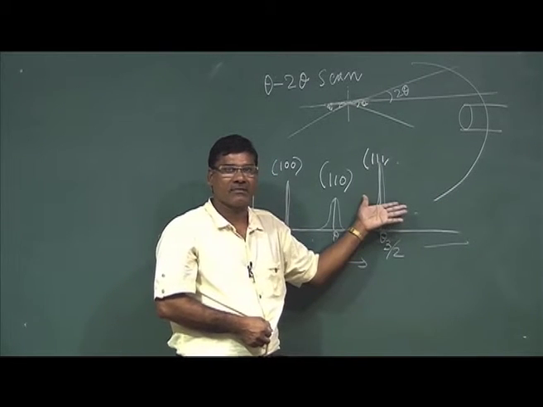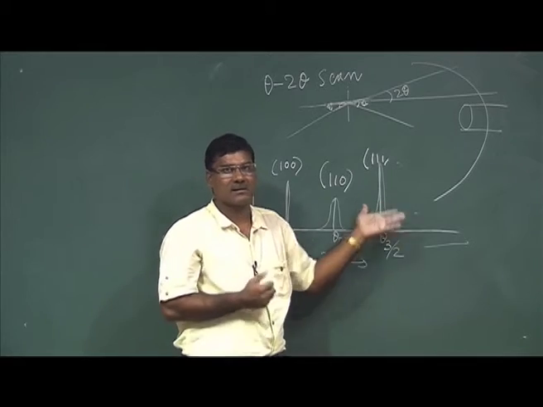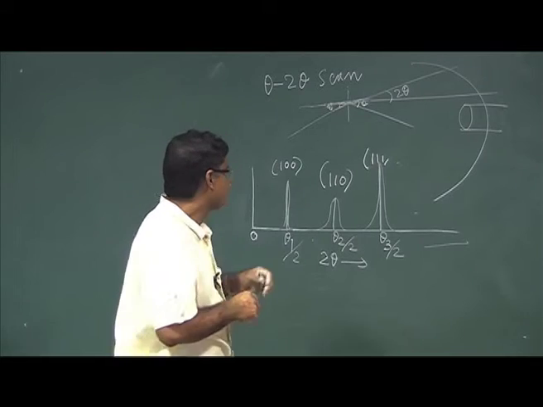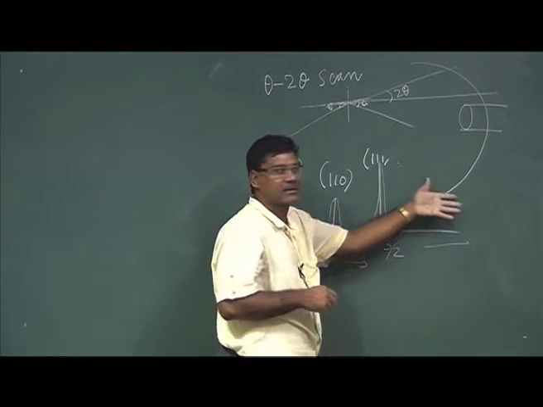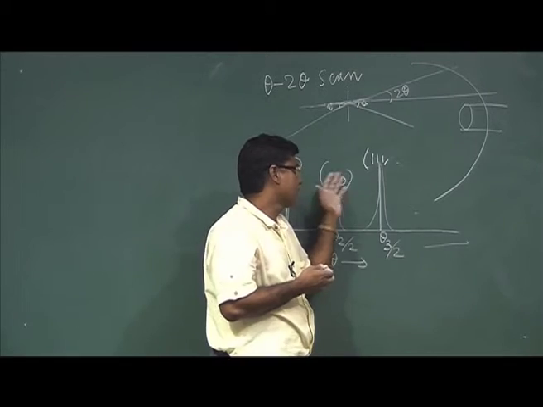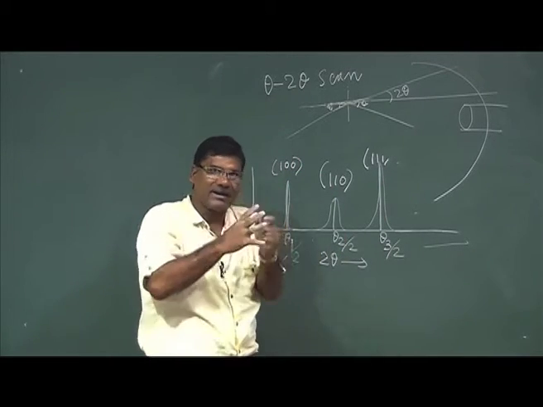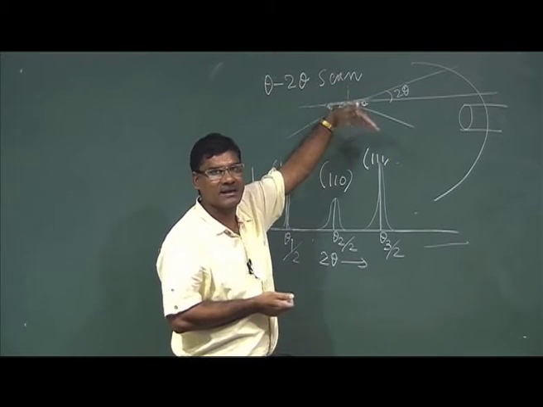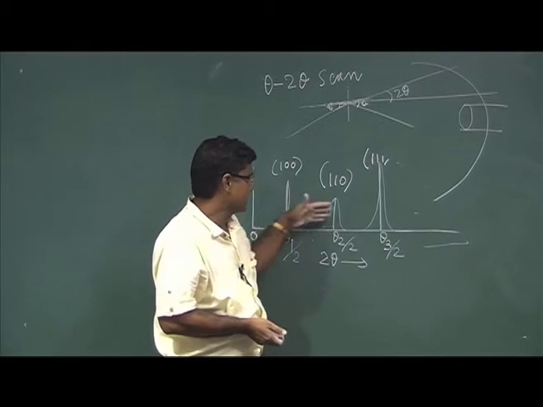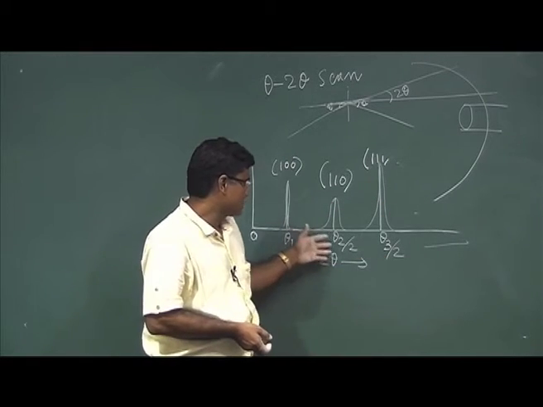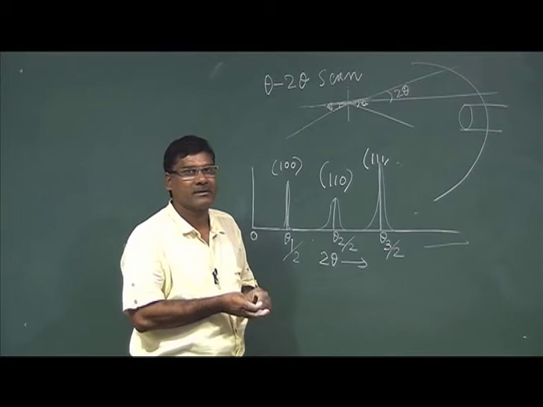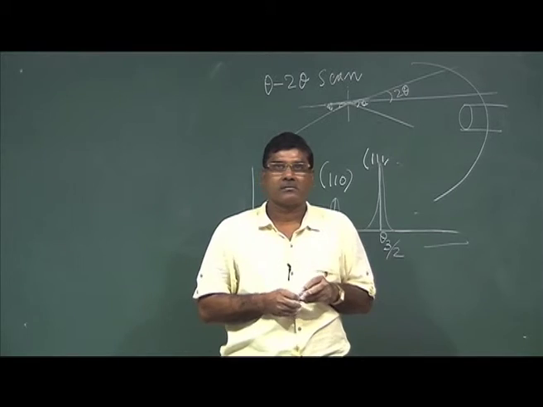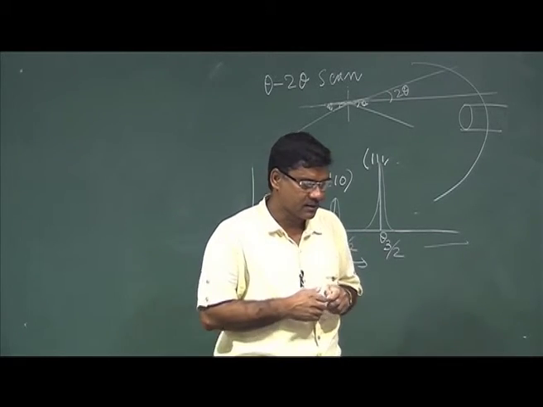So that is for a single crystal: without making powder, one can do the experiment and get results similar to the powder method. In the powder method, the angles are already in all directions, but here we are changing the direction in steps and getting the particular angular positions of the diffracted rays or Bragg peaks. Then, in a similar way, you can analyze and find out the crystal lattice parameter.